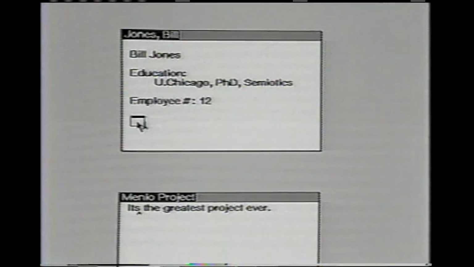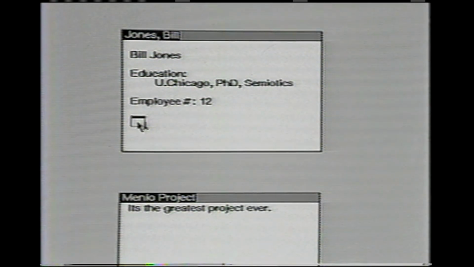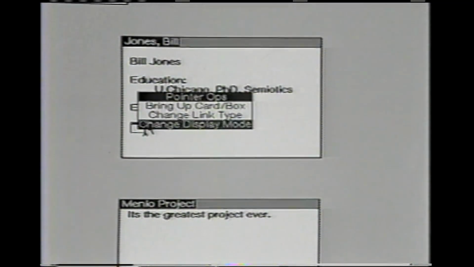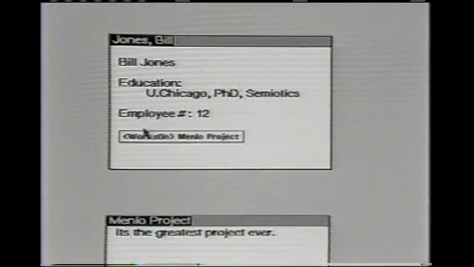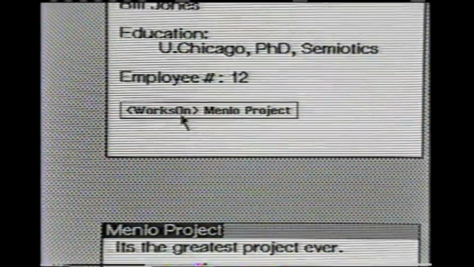If I press that link, the system will retrieve from the Notecards database the related card. Or in this case, since the related card Menlo Project is already on the screen, it simply flashes the card. Now the link icon can be displayed with additional information, so let me change the link display mode. And we see that in the Bill Jones card we have a link icon for a works on relation to